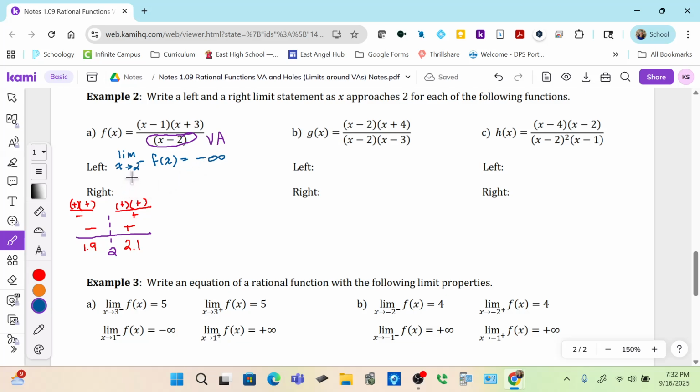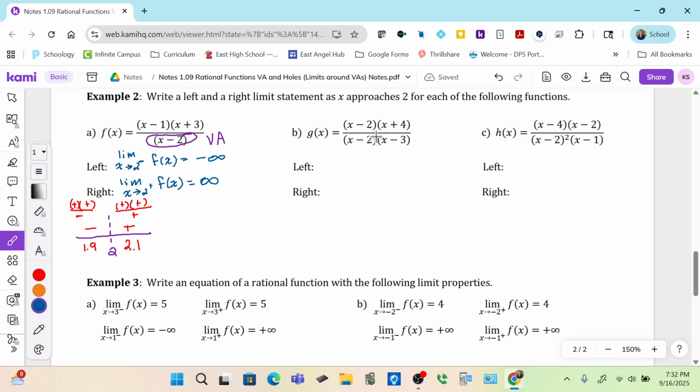Then on the right side, I'm going to have the limit as x approaches 2 from the right of f of x. On the right side of 2, the function is increasing, so it's approaching positive infinity. For b,